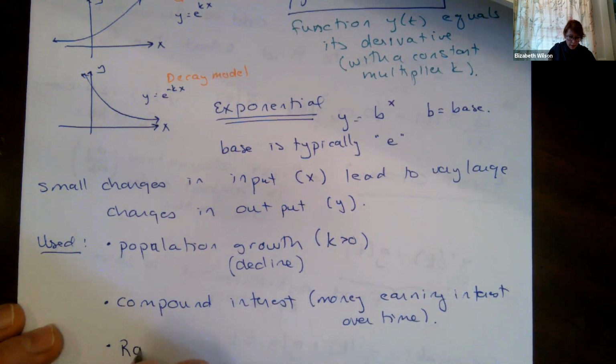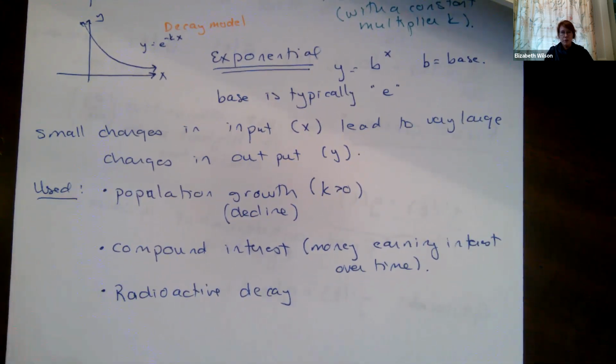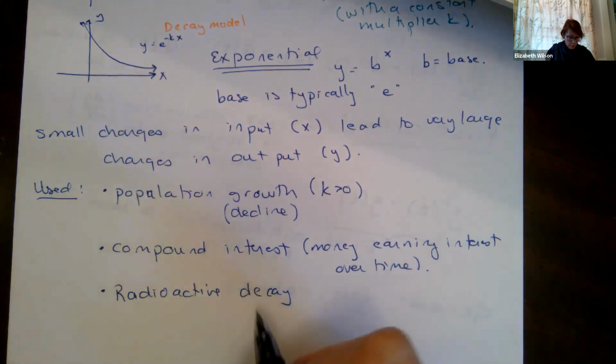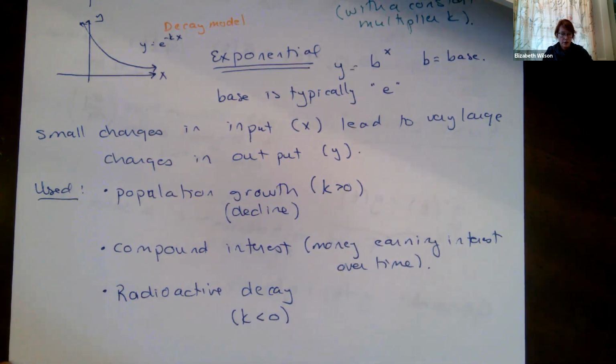We also have radioactive decay. Right, radioactive decay. I've got some isotope of plutonium. It takes a million years for it to go half-life, right? It's going to decrease from 5 grams to 2.5 grams. It takes 1 million years, or whatever the radioactive decay constant is for various isotopes, right? And in this case, k is less than 0, so it's a decreasing value. So these are types of things in the real world where we actually use exponential functions to describe stuff, okay?